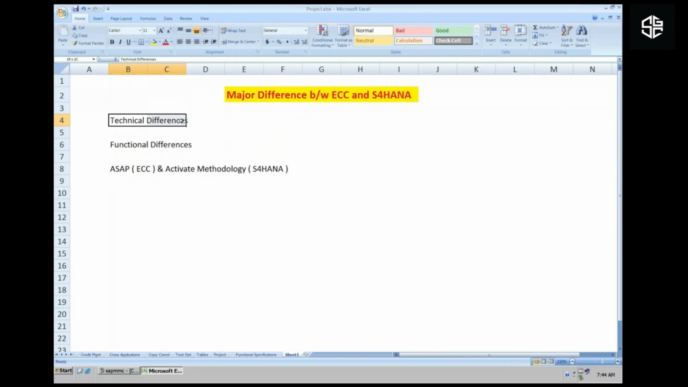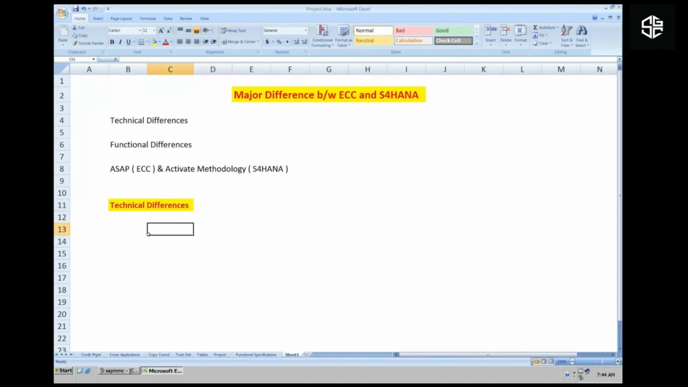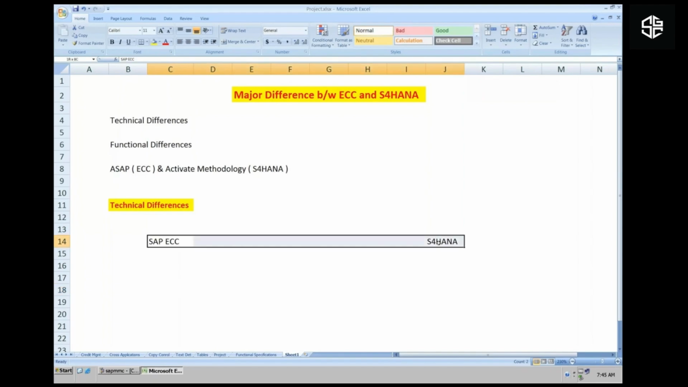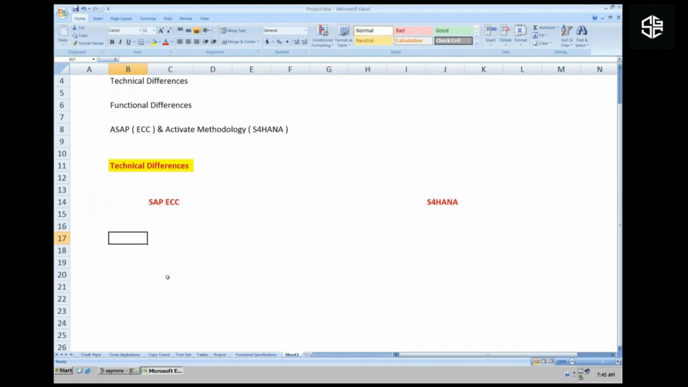First one is what technical difference has been changed, and I will explain why these changes come up by the SAP. Mainly technical differences. SAP ECC highlight like this and S4 HANA. Okay, this ECC, as of now, we know we use logon pad, right? First one we use logon pad